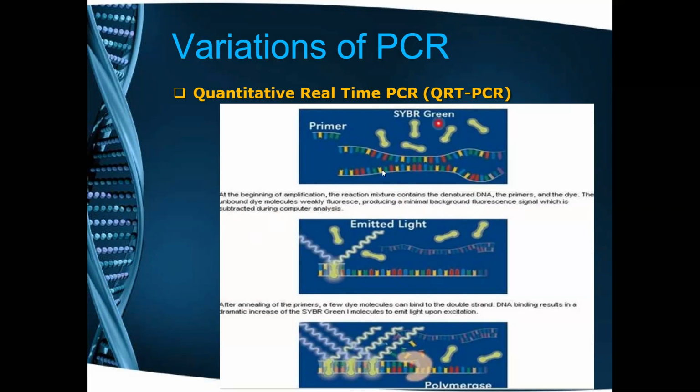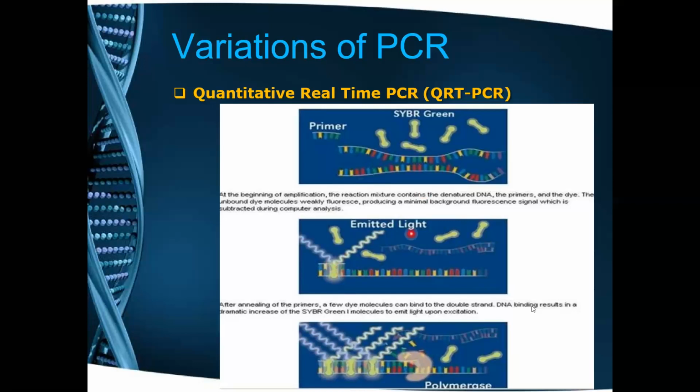What happens in the next step, when these dyes bind with the DNA? See, the primer is sitting on one strand and it is synthesizing like all other PCRs. But what is happening here? This SYBR Green dye, which looks like a dumbbell, these are the green dye. This green dye is sitting on the synthesizing parts. So this synthesizing part is getting amplified. When they are binding with the DNA, they are fluorescing.